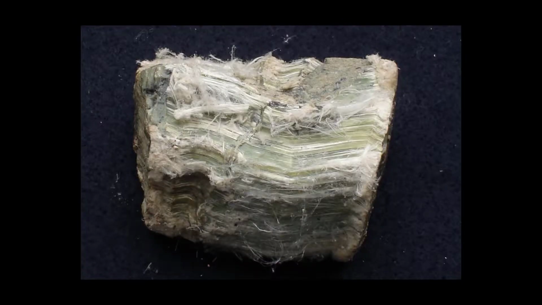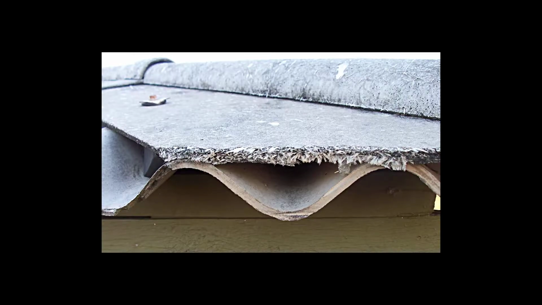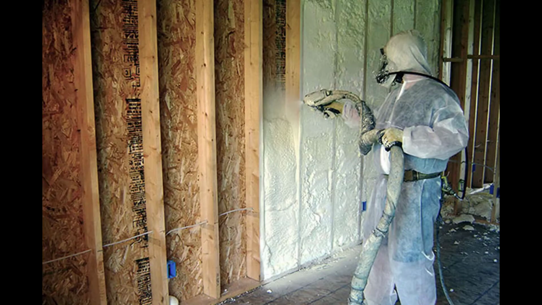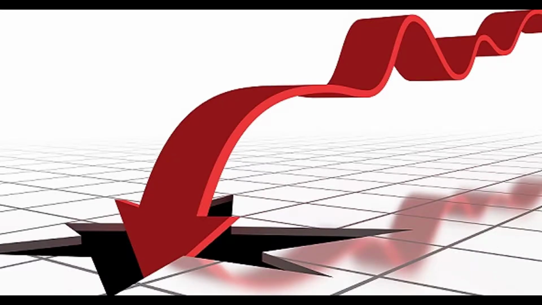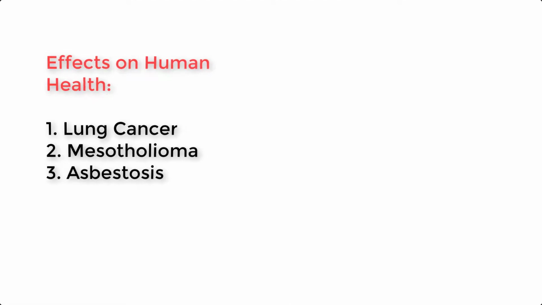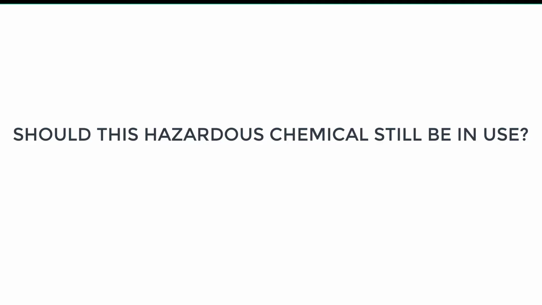Asbestos has been used for major building materials such as spray-on fireproofing, spray-on soft acoustic materials, spray-on soft thermal materials, and pipe and boiler insulation. But they have caused nothing but negative impact in the community, causing mesothelioma, lung cancer, and asbestosis for many, and killing many throughout the years. So the question still remains, should this chemical be in use?